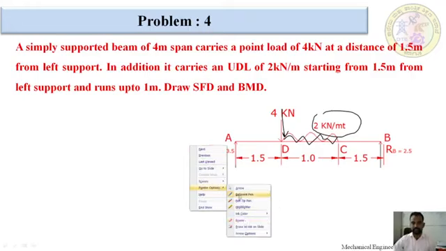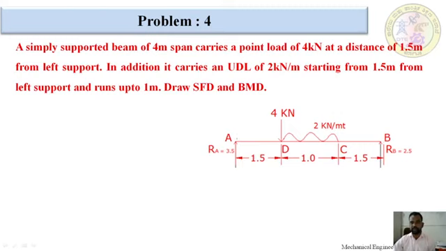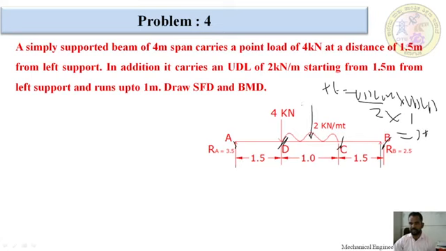After that, firstly, we have to determine reactions at the supports. I am going to give names: left support as A, this is B, this is C, this one is D. Firstly, for proper calculation, we have to convert this UDL into an imaginary point load. The conversion formula is point load equals UDL magnitude into UDL distance. UDL magnitude they have given 2, into UDL distance only 1 meter. The total point load is 2 kN. We have to assume that it is acting at the center of the UDL, with magnitude of 2 kN.